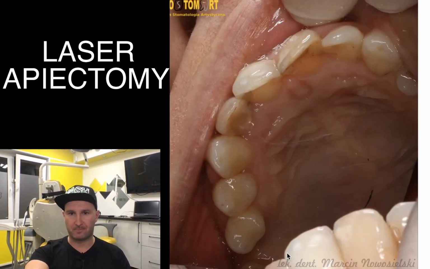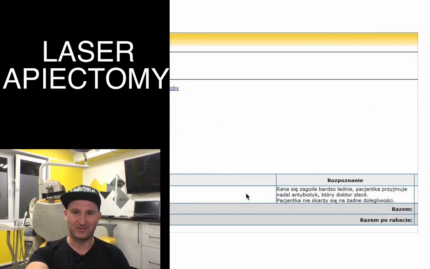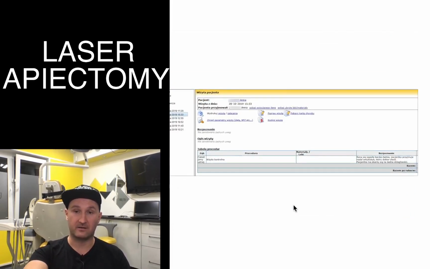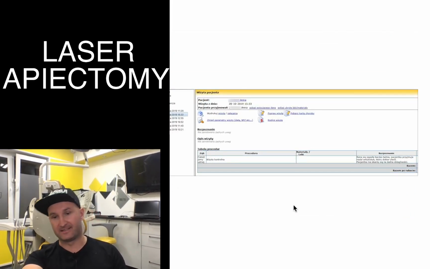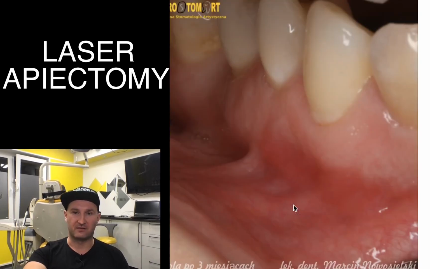As we noticed in our documentation, but you will not be able to understand it, she still did not take any painkillers. So after that we told her to report to recall after 3 months. We want to check if everything is good after 3 months. And this is what she did. She came back to us after 3 months, and this is how it looks